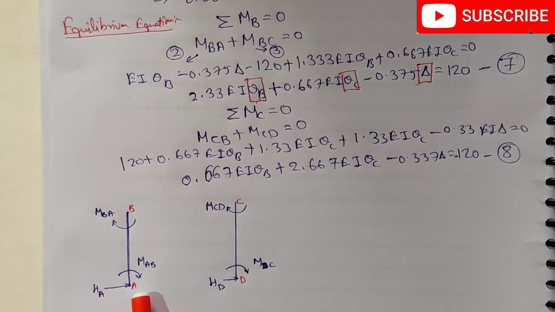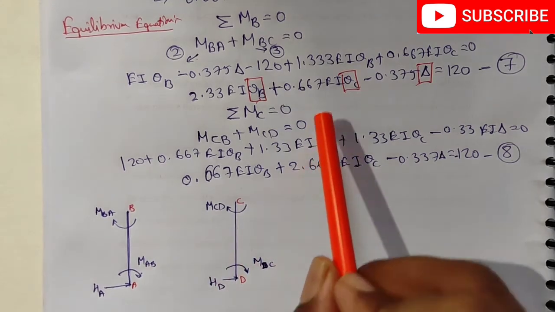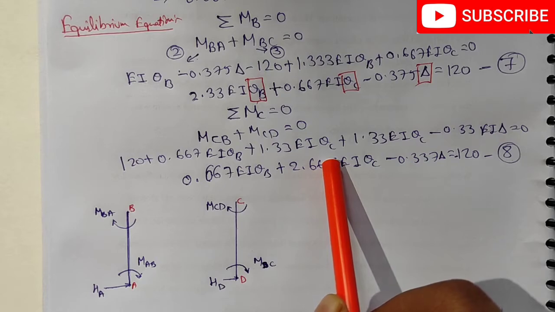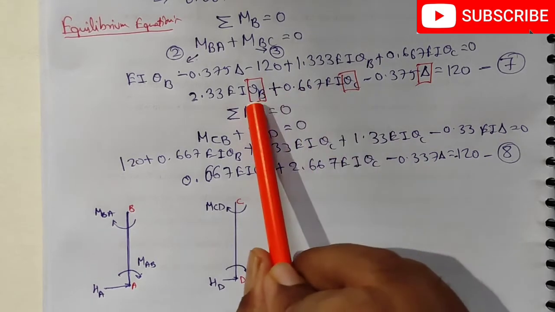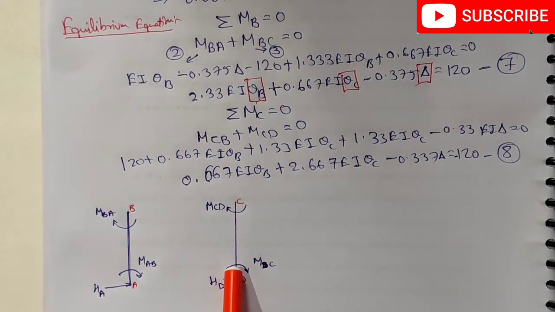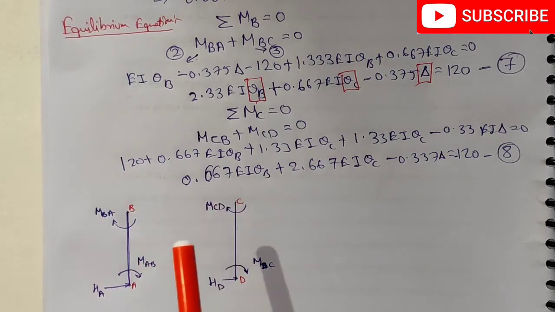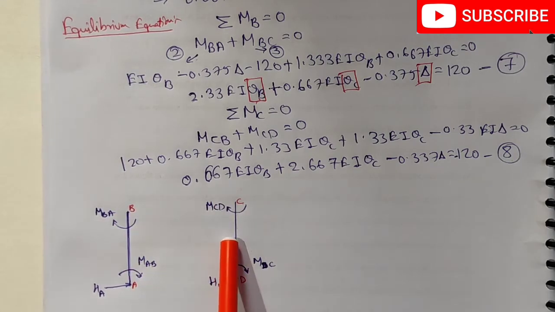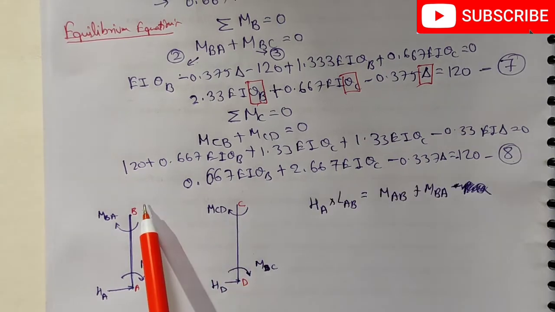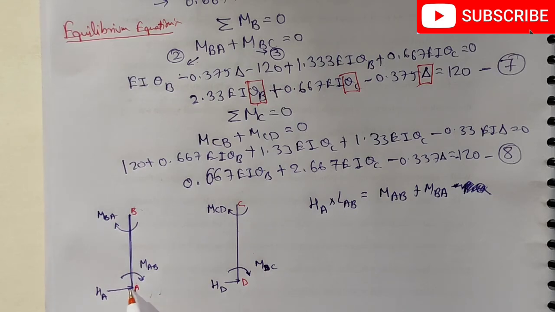In simple terms, we need one more equilibrium equation with the help of which we can find the unknown values, that is theta B, theta C and del. Therefore we'll refer to the free body diagram of the columns, members AB and CD, where we'll take the moment about the top joints and we'll consider the expression for horizontal shear at the supports A and D.